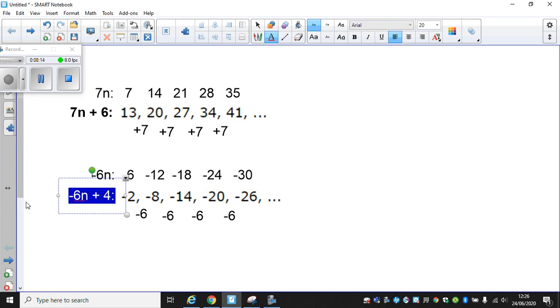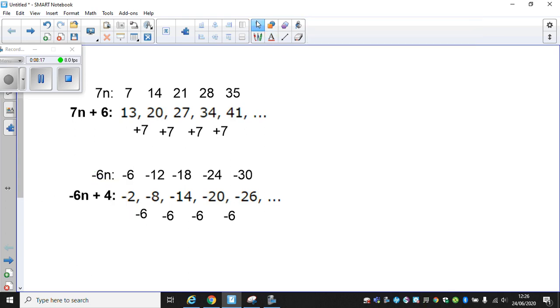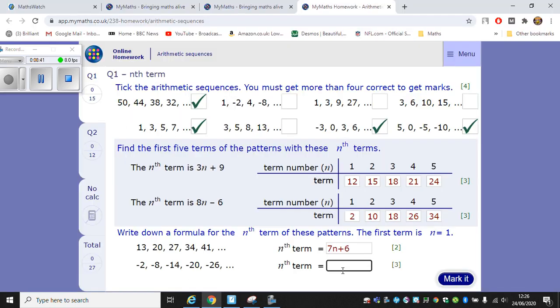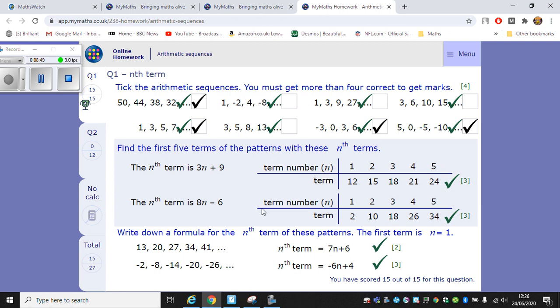And once again, we can do a little check to see if that's correct. So -6 times 1 add 4 gives us -2. -6 times 2 add 4 gives us -8. -6 times 3 add 4 gives us -14. And so on. It does check out. So our answer, our rule for this particular sequence, is -6n plus 4. Okay, I'm going to click mark it,